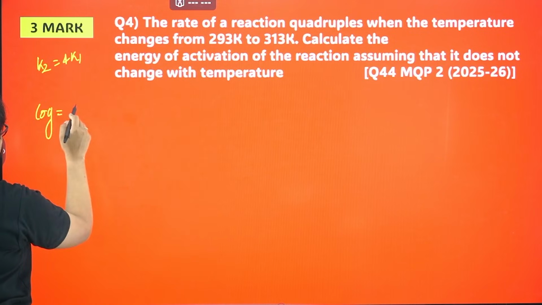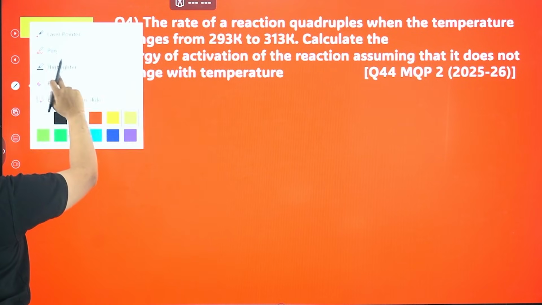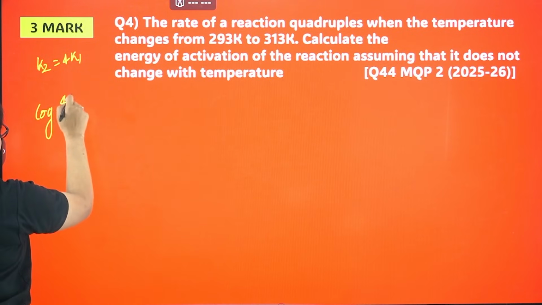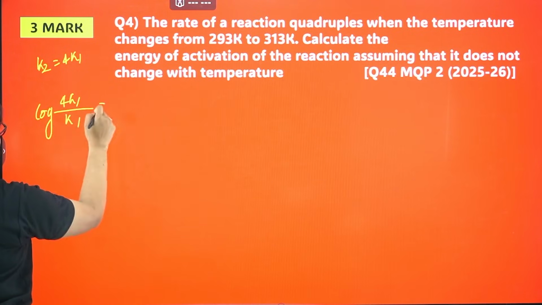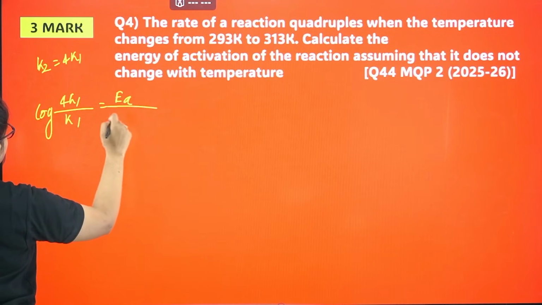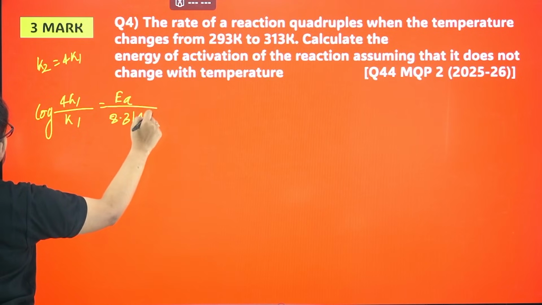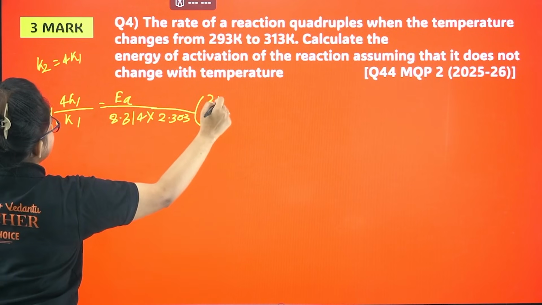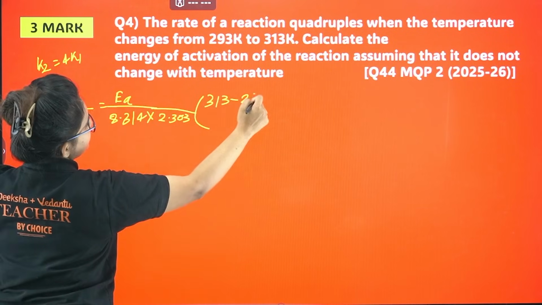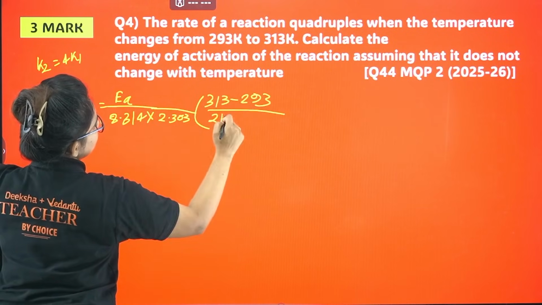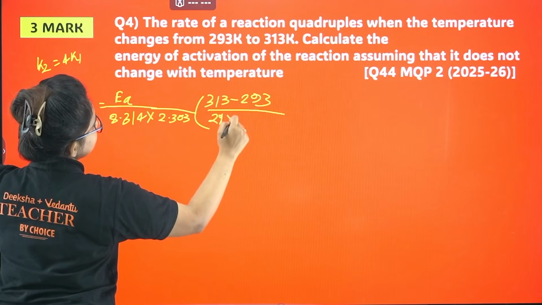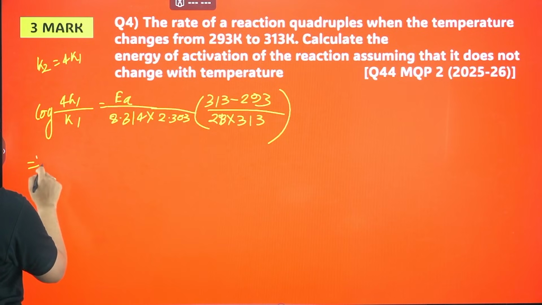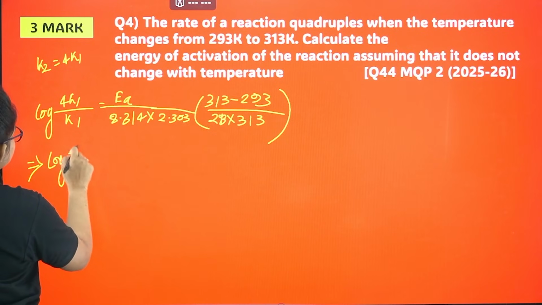I am directly putting here 4 K1 divided by K1 equals Ea by 8.314 into 2.303 into (313 minus 293) divided by 293 into 313. Okay, so if you calculate this further, this is going to be log 2 square is equal to